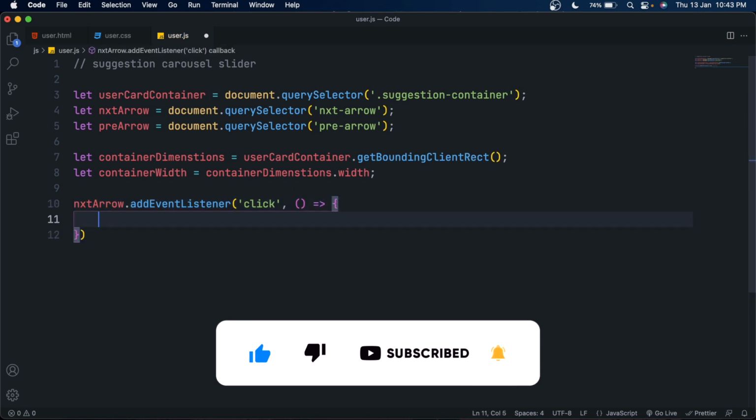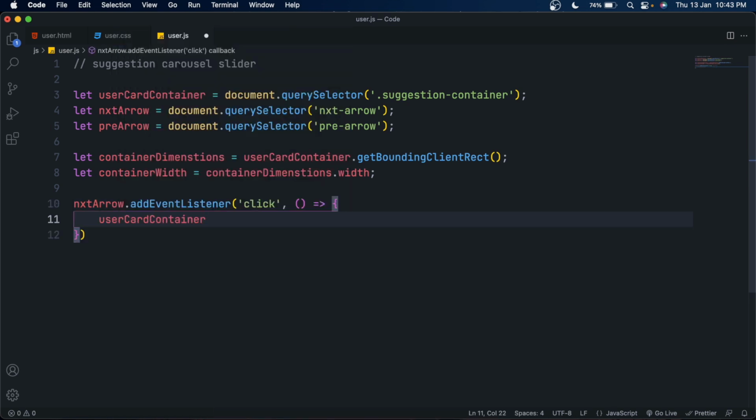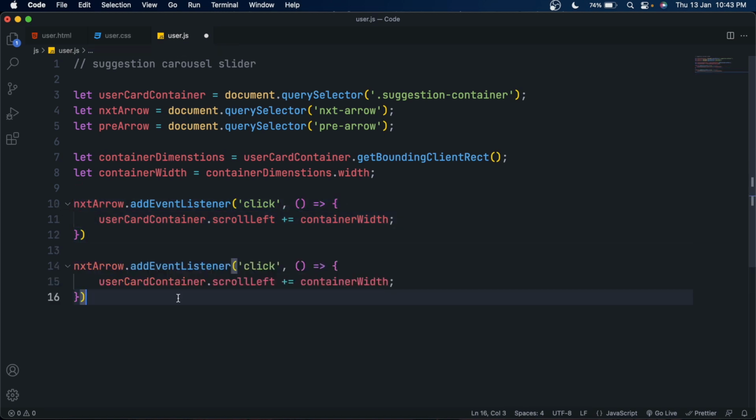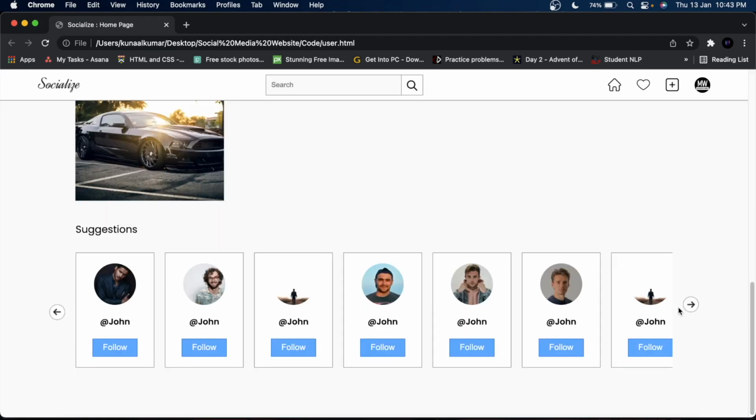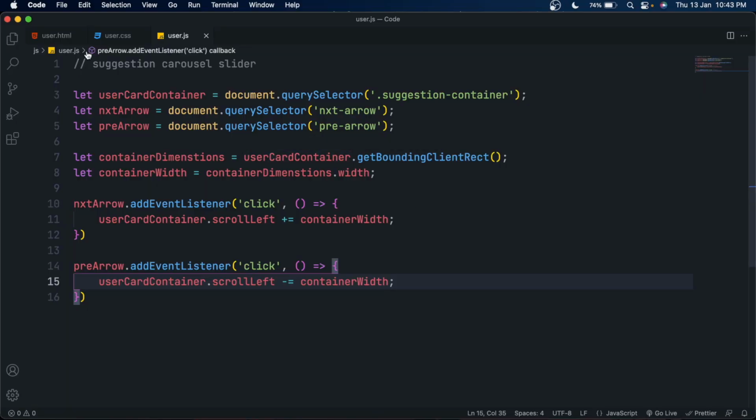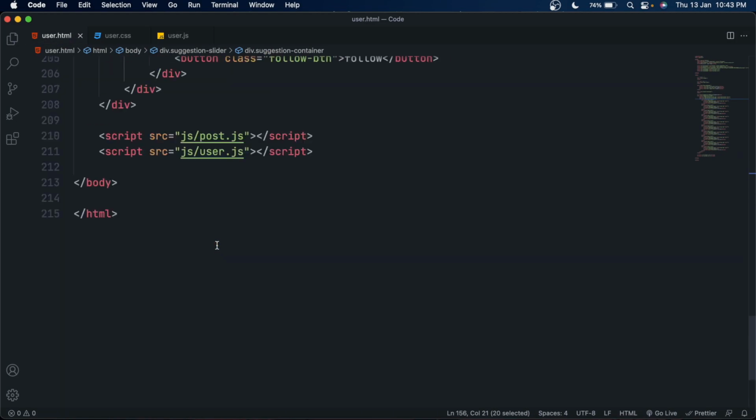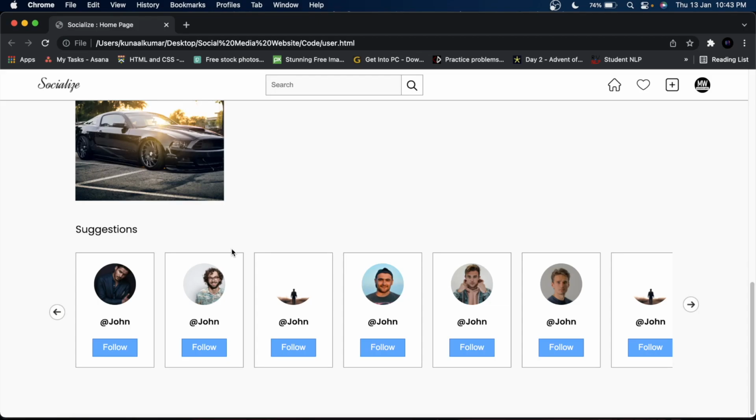After that, set a click event to the next arrow using addEventListener, and inside it change the scrollLeft of userCardContainer. Since this is the next arrow button, we want to increment the scrollLeft. So what this will do is add the container width to the scrollLeft amount, so it will be scrolling to the left side, and do the same for the pre arrow, but instead of incrementing it, decrease it.